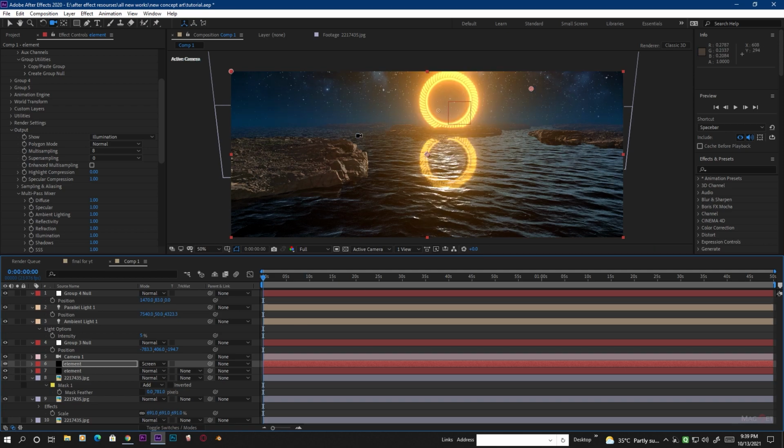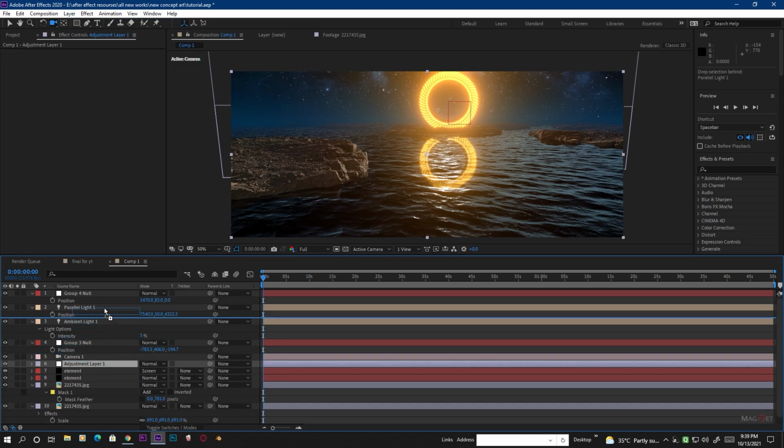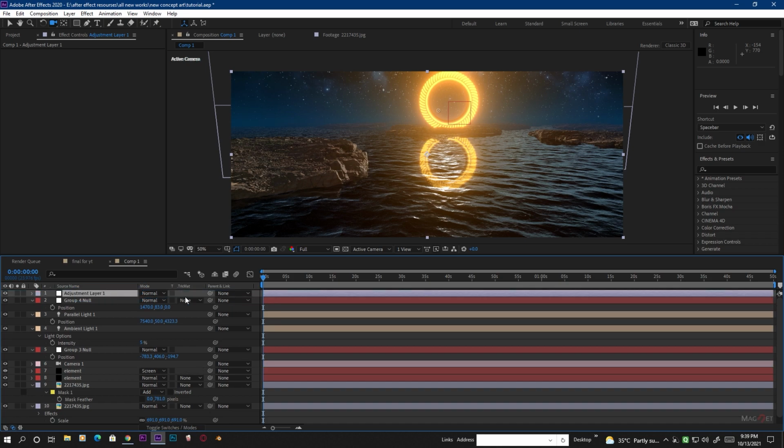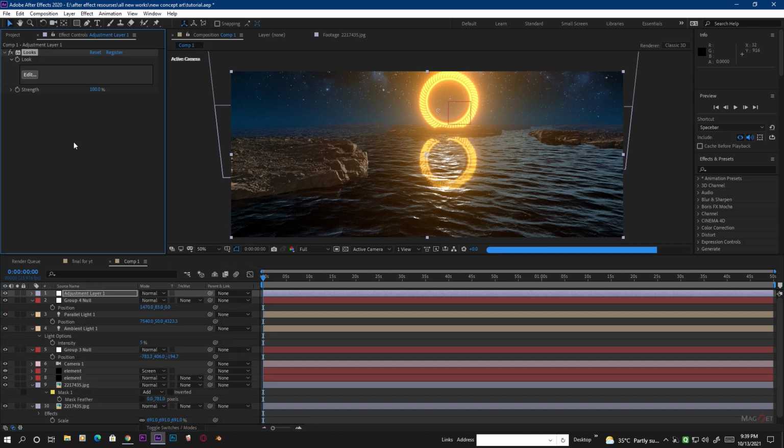Now you can get this illumination as well. So now we do some color correction for our scene. For this I'm going to create a new adjustment layer and place it at the top, and then we go to the effect, and then we go to the Magic Bullet. I am using the Looks effect, so just select this one and go to the edit option,